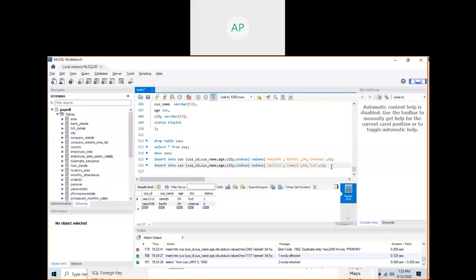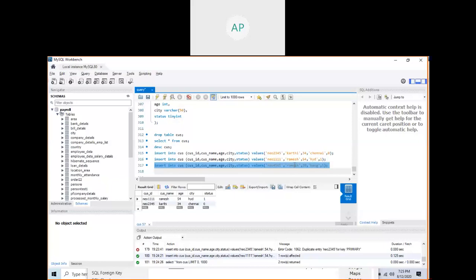Okay, create another customer. What is the customer number? Anything can be the customer number. So can customers have the same customer name? Yeah, two customers can have the name Ramesh, and his age is 20. He is from Bangalore, and anything. But the name is the same. Yeah. Now will it allow?